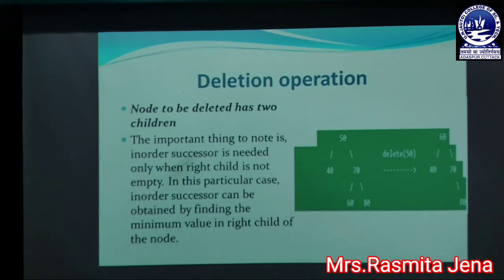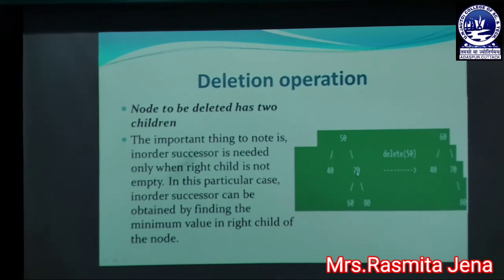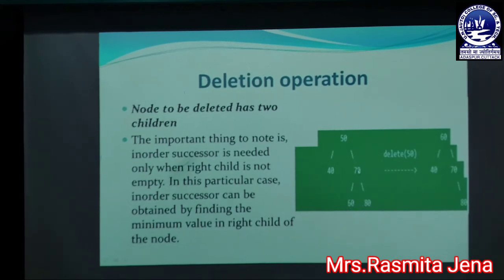As we are deleting a node which has two children, we need the in-order successor, and when we delete 70, the in-order successor of the node 70 is 80. Simply remove 70 from this BST and move 80 to the position of 70. When we place 80 in place of 70, we check whether the tree satisfies the BST properties. Yes, it satisfies the BST property, because when we place 80 at this location, the left subtree of 80 contains the lesser value, that is 60.